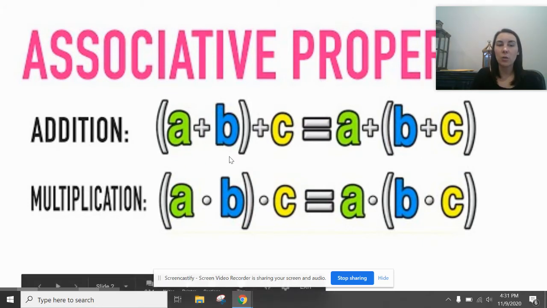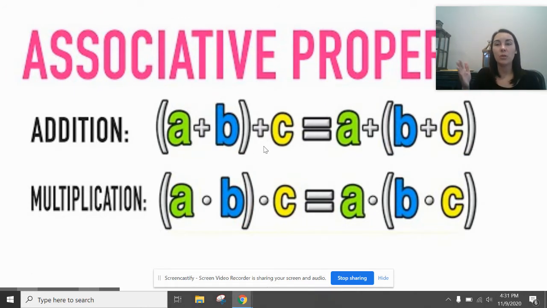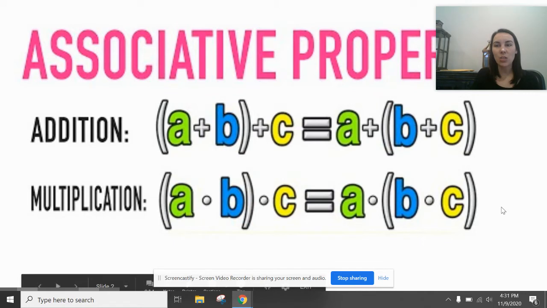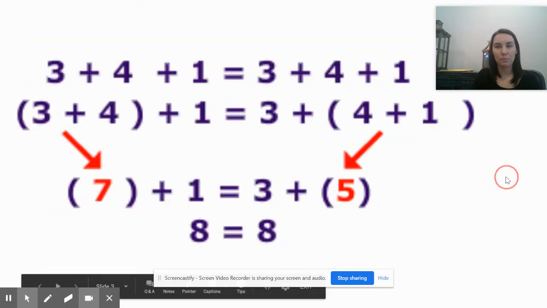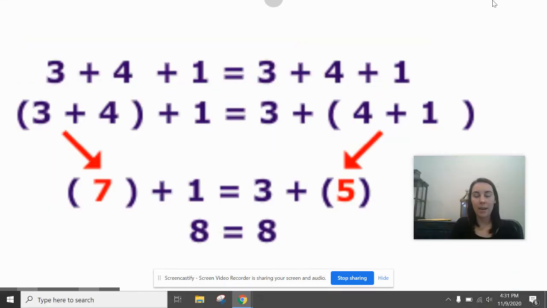So right here in this first one, we have A and B that are associated together, plus C, and they're saying it equals the same thing as A plus B with B plus C associated. And the same thing happens for multiplication. Let's look at what this looks like mathematically. So if I had numbers